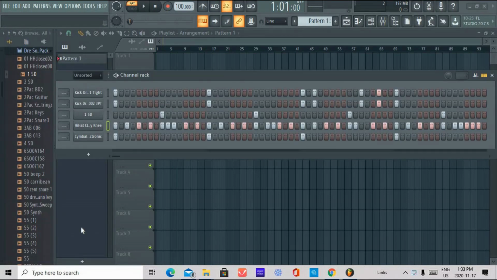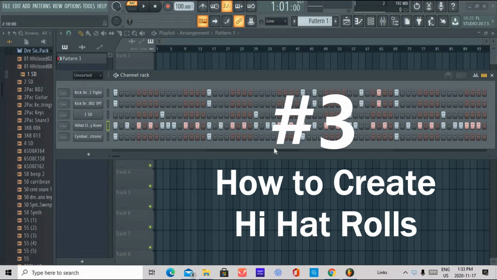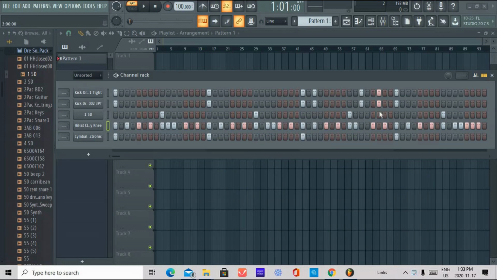So the third tip I'll be showing you is how to create hi-hat rolls, and you can really do this with the bass drum, the kick, the snare, any of the drums, or really any sound that you want to. So what you do is you lay out your beat like this. Once you have your beat laid out,